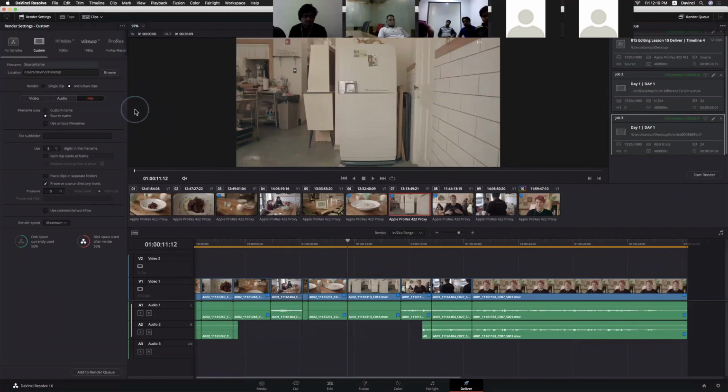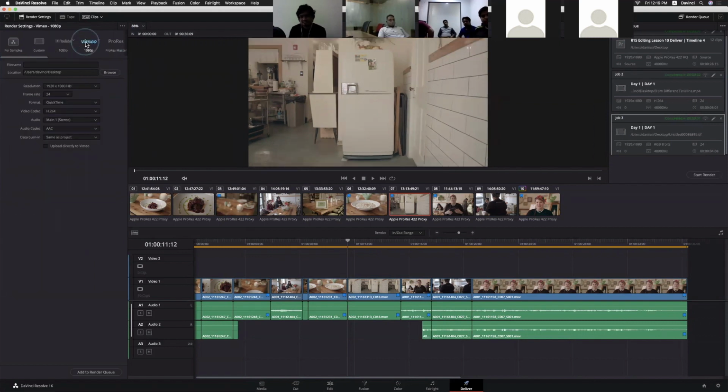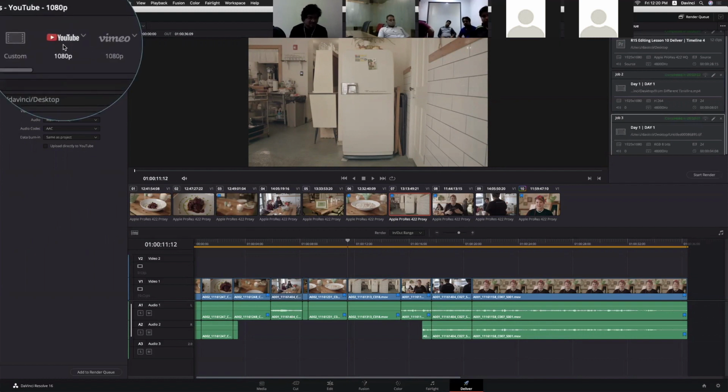Now, if you want to export directly to YouTube or Vimeo or maybe something like frame.io, you can always use these options. But let's say one of you is a YouTuber and you want to export your timeline directly to YouTube. You need to configure your YouTube channel ID, passwords, and everything.